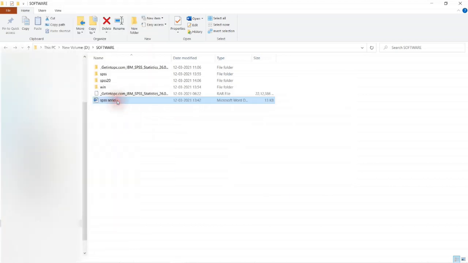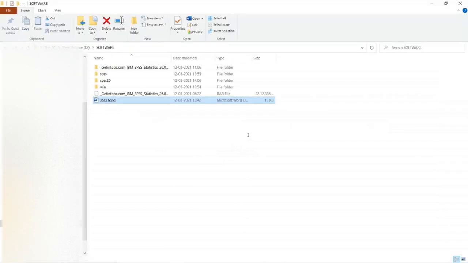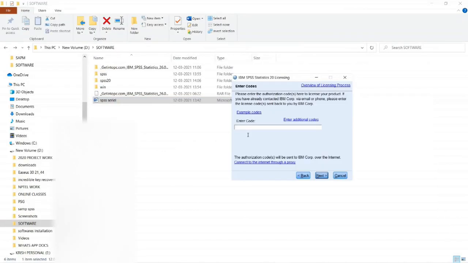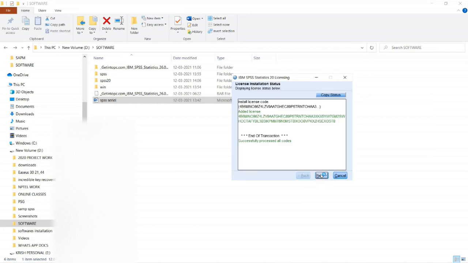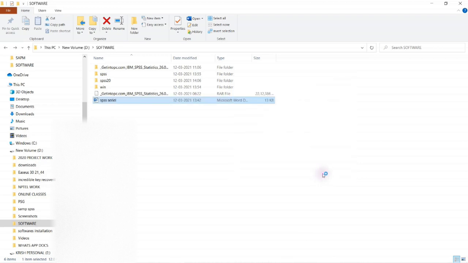We already downloaded that Word file. In this Word file, I have serial key of SPSS 20. I'm selecting this serial key and copy it. Then we have to paste this serial key here. Then click on next, next, finish. Now our entire installation process is over.